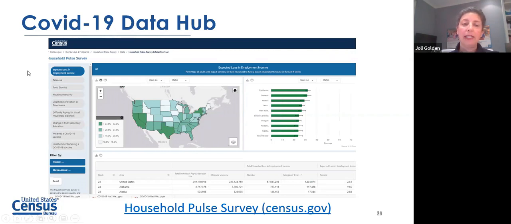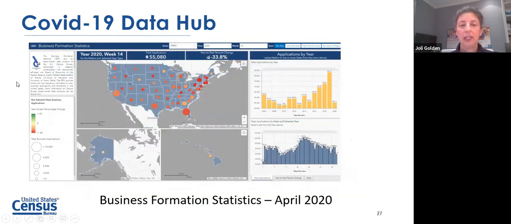So they are not nearly as in-depth in any way as something like the American Community Survey, but they're designed to give you a pulse on the community. So for this slide, I looked at the business formation statistics, and there are a whole